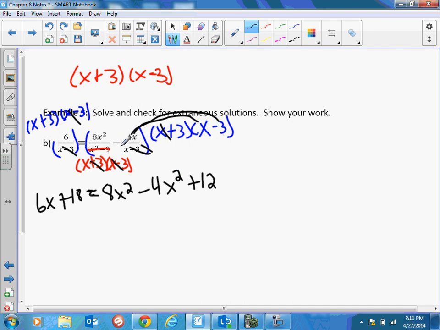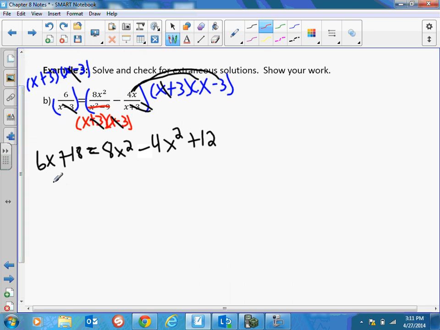Okay, so be very careful with those negatives, because I messed that up the first time I was doing this. You have to be really careful about those minuses right there and treating that as a negative. From there, we just need to combine like terms next, so 6x plus 18 equals